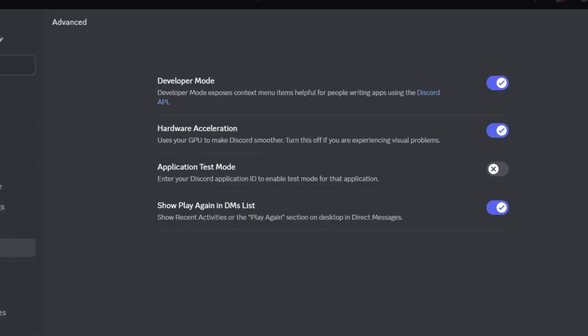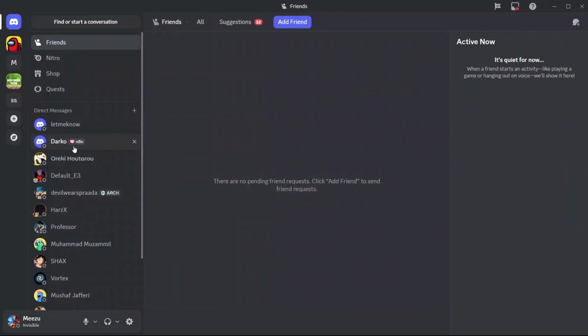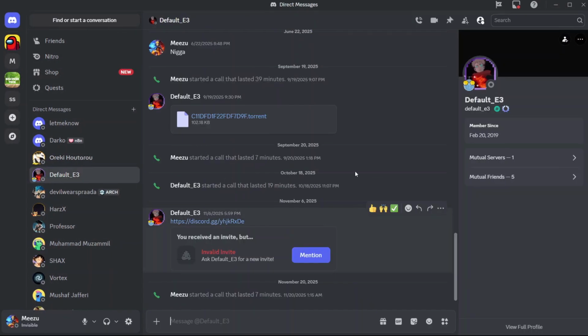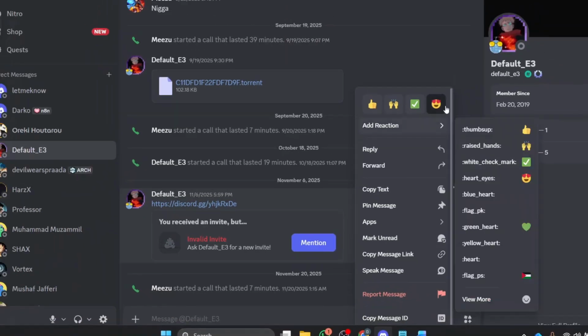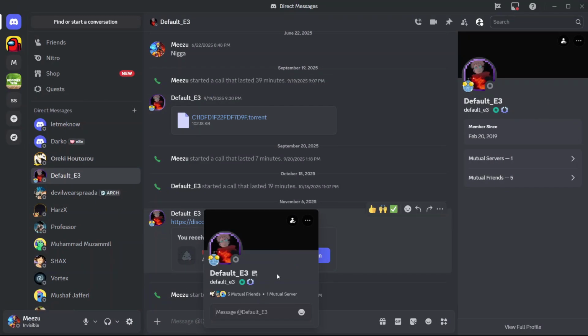Once developer mode is enabled, close the settings window and head back to any server or chat. Now, right-click on a message and select the three-dot menu. After that, you should be able to see the option to copy message ID without any interruptions. You can also right-click on a user's profile or a server icon to copy the user ID or server ID